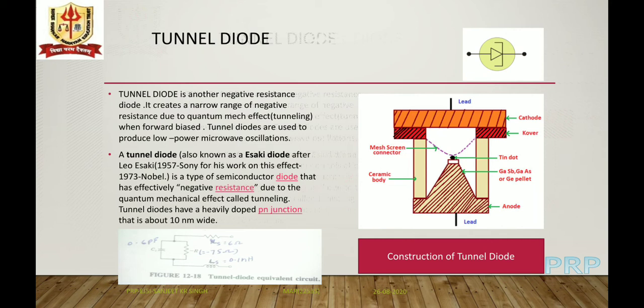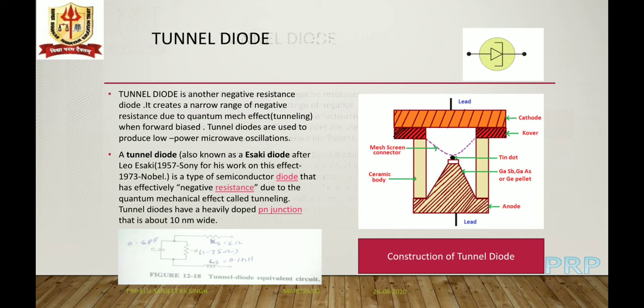The tunnel diode is also known as the Esaki diode, named after the scientist Leo Esaki, who was working for the Sony company in 1957, and for his work on this effect he got a Nobel Prize in the year 1973. A tunnel diode is a type of semiconductor diode that has effectively negative resistance, or dynamic resistance, due to the quantum mechanical effect called tunneling. Tunnel diodes have a very heavily doped p-n junction that is about 10